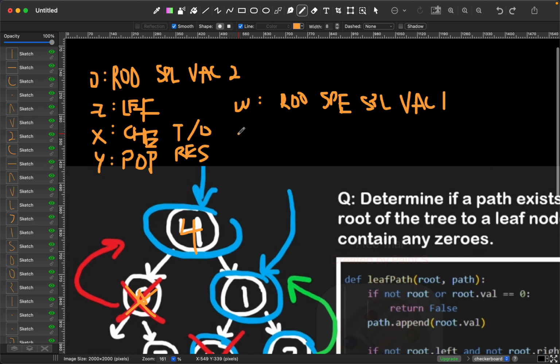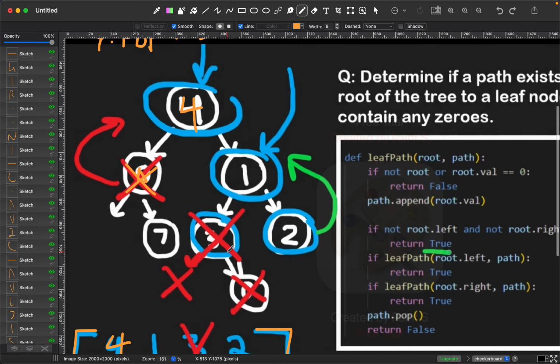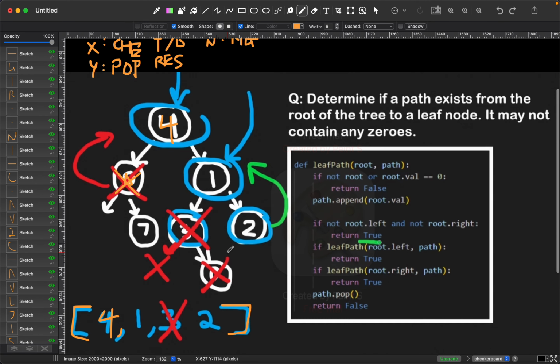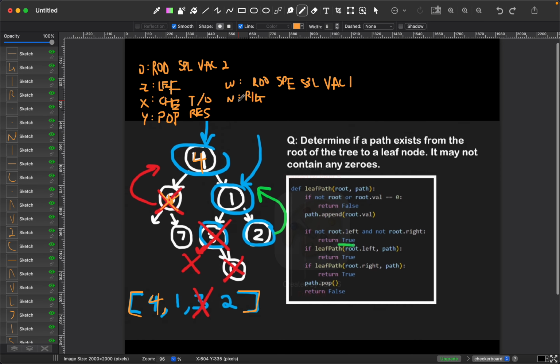So it will then move towards the right. So in other words, two vacancies, you go to the left, one vacancy, go to the right. You come to here, one vacancy, go to the right. So now, cool. You come down to the right path, and you're going to operate this operation X,